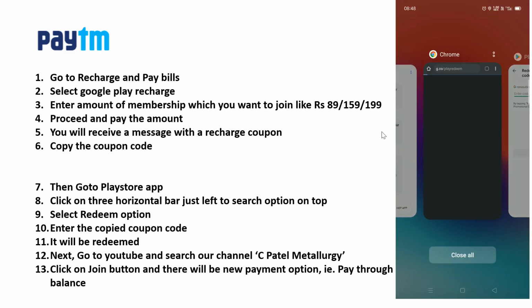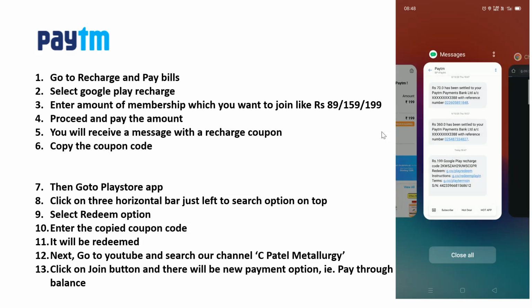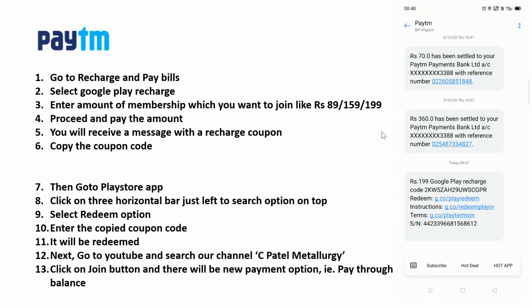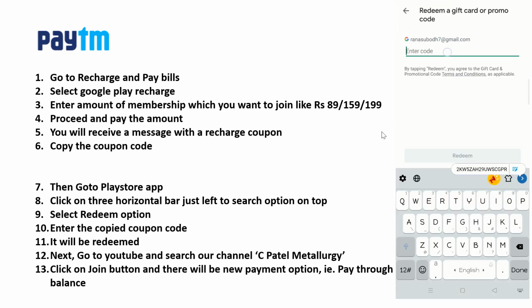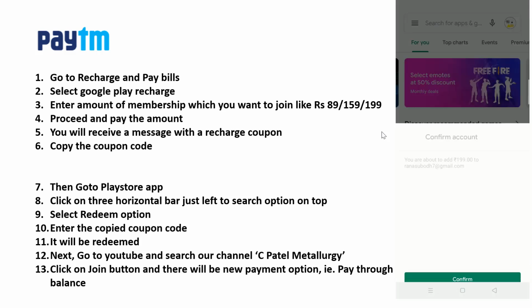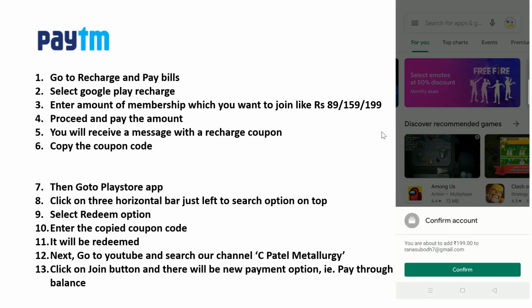So this is your code, 2KW5G, right? You copy this code into the redeem option. Here it is showing your account: you are about to add 199 to Rana Subodh 7 at gmail.com. So guys, use the same email ID through which you want to become a member.